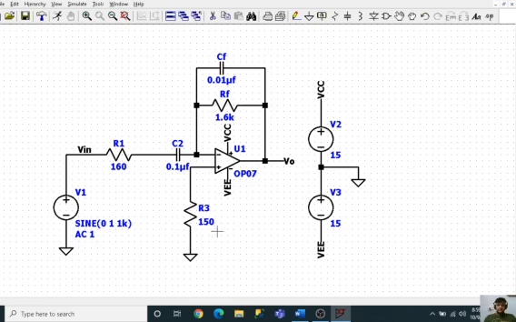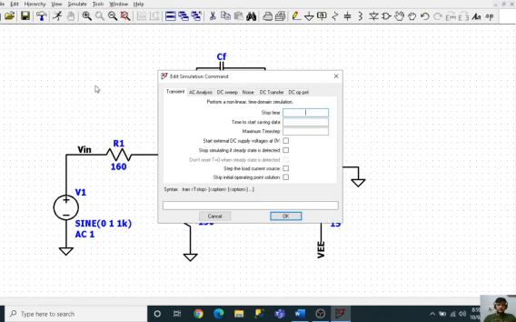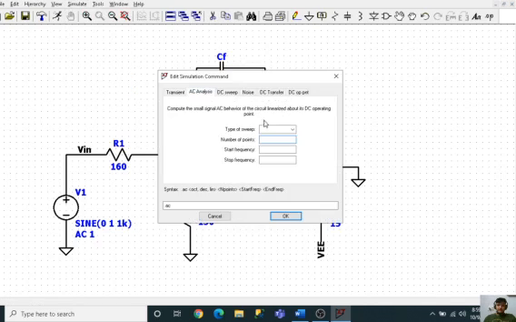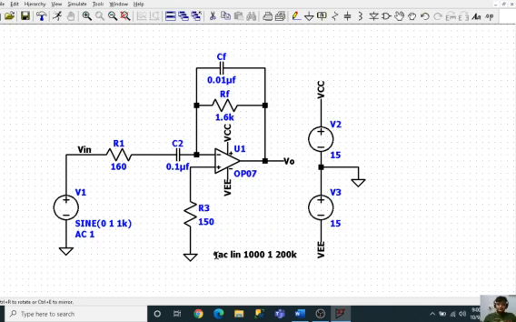So now for AC analysis, go to simulate, edit simulation command, and we will be doing AC analysis. So we will use a linear type of sweep. I will take a start frequency as 1, and since we are designing it for a differentiator, I will take the stop at 200k, and number of points will be 1000, that is 1k. Why am I using this?